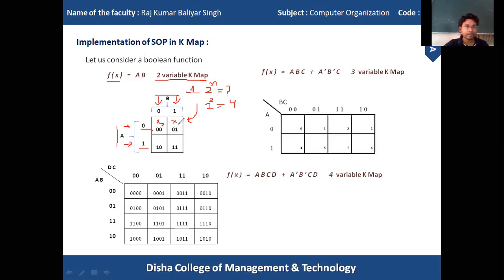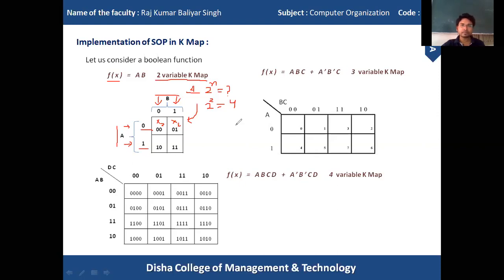Similarly, for a0 and b1, for this combination I will get x2. So here 0 0, 0 1, 1 0 and 1 1 represent the index of the cell. That means 0 0 represents the 0th index of the cell, 0 1 represents the next index, 1 0 is also an index, and 1 1 is the index of this cell.